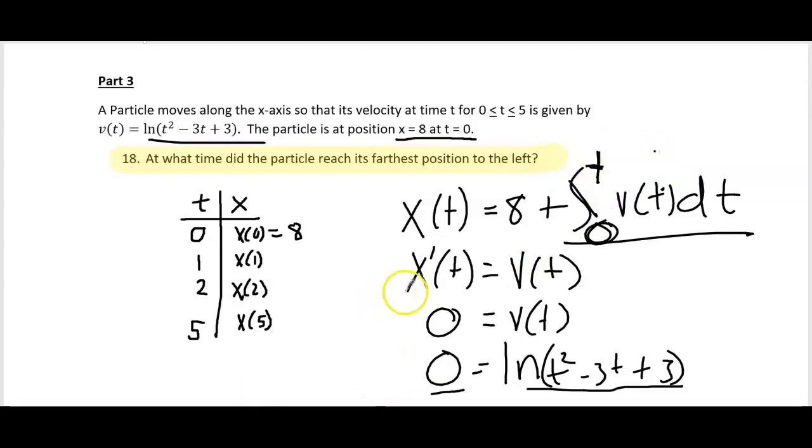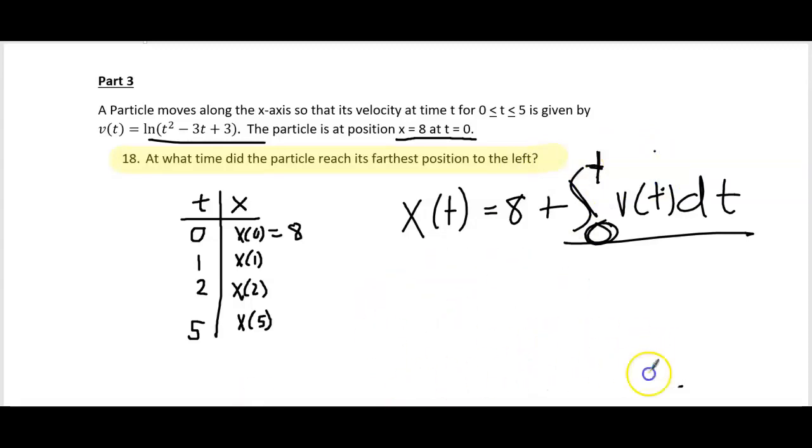Let me get rid of some stuff here that we don't need anymore. Come up here to your position function, and you're going to want to plug in 1 for t. And we're just going to let our calculator do it. When we're all done doing that, we're going to let our calculator also do the same thing for 2 and 5. So let's go ahead and transition to our calculator now and let the calculator do more of